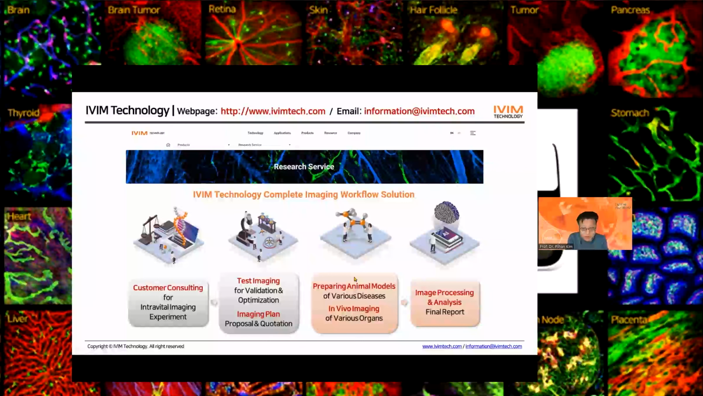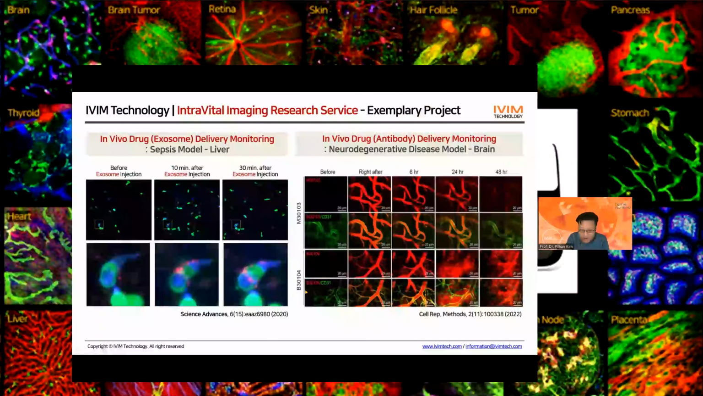And then we also do some contract-based research services as well. So we have our in-house animal facility and in-house animal imaging lab, so we can do contract-based research service. We have done it mainly for the biotechs. These are the two examples. So we have been able to image the exosome delivery or antibody drug delivery in the brain or in the